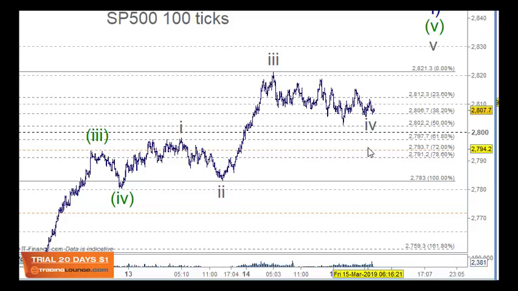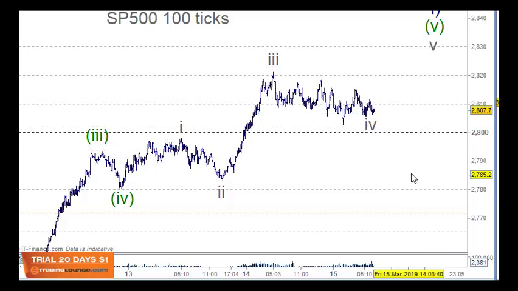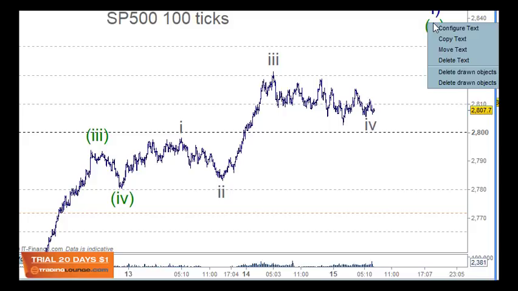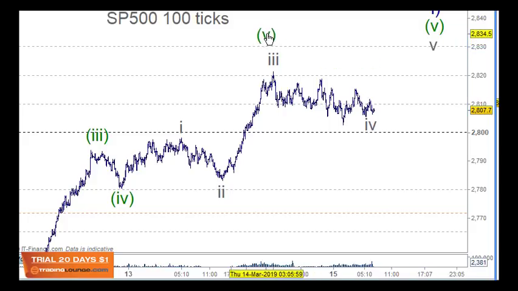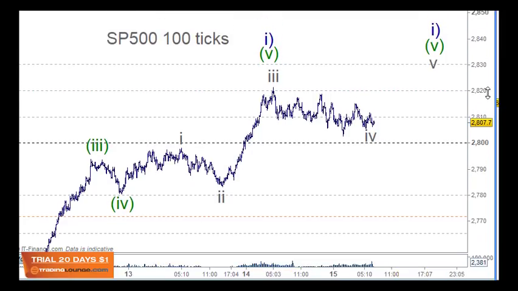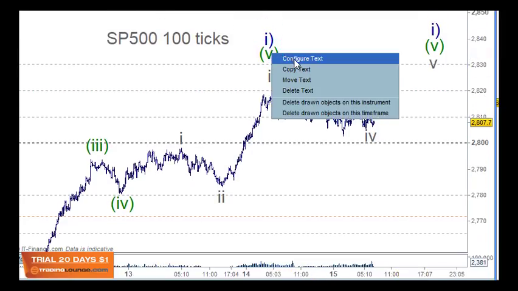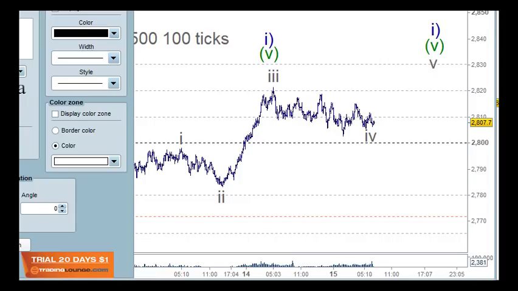So in a nutshell, we wouldn't want to see this moving any lower. So what we could say here is that if the market moved down below the 2800 area here, then we have a top in place. So then we need to grab this here and put that over here and this over here, and look for a top there. But I'll just dull that out here for a moment, so that can be our